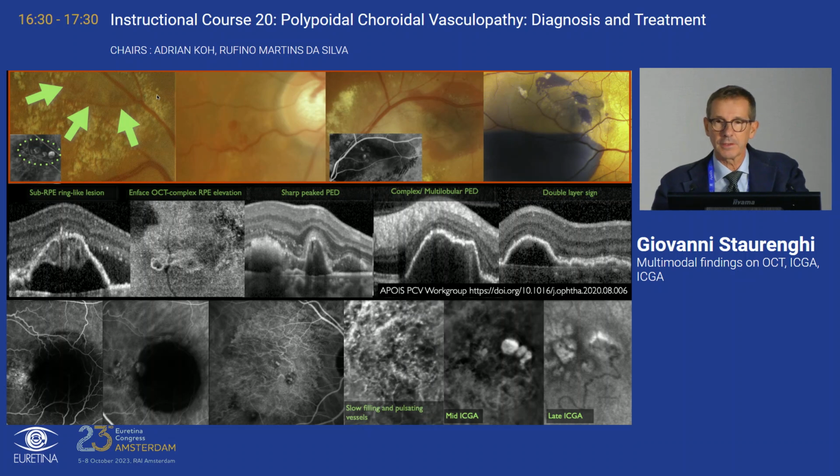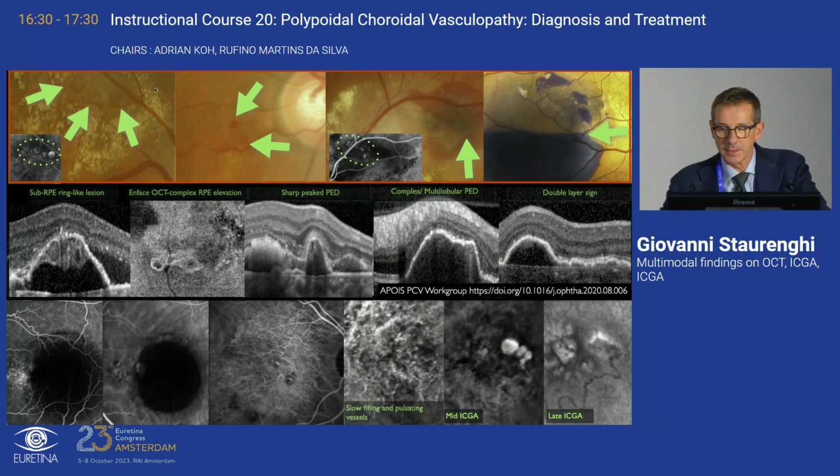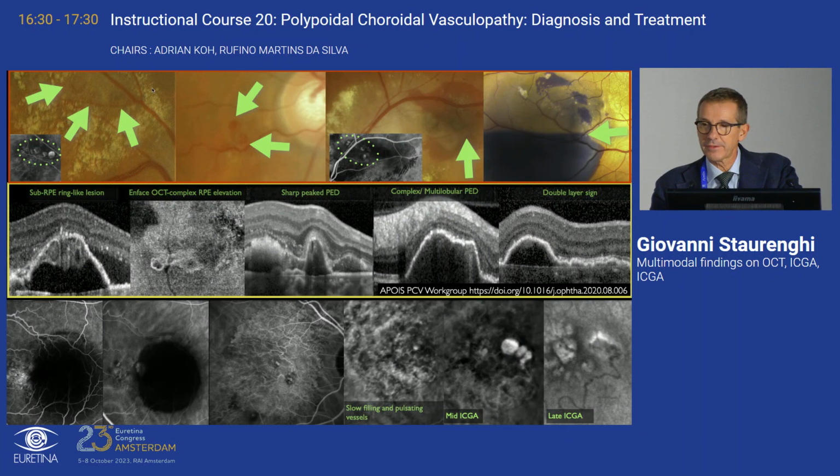As you saw before, in this case, the orange bulge, you can think that it's a polypoidal lesion. You can have a small hemorrhage, or a larger hemorrhage. But when you have such a type of hemorrhage with a level, you always have to think about a polypoidal lesion. Then we move to the OCT signs, and these are the signs that the